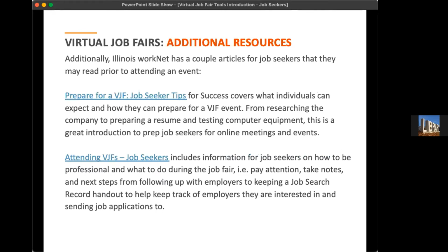We also have a couple other resources to consider. We have a couple articles on our site that we recommend you take a look at before attending a virtual job fair. We have the Prepare for a VJF, Virtual Job Fair, Jobseeker tips. And this goes through what you can expect, how you can prepare for it, if you've never been to a live event quite like this online,